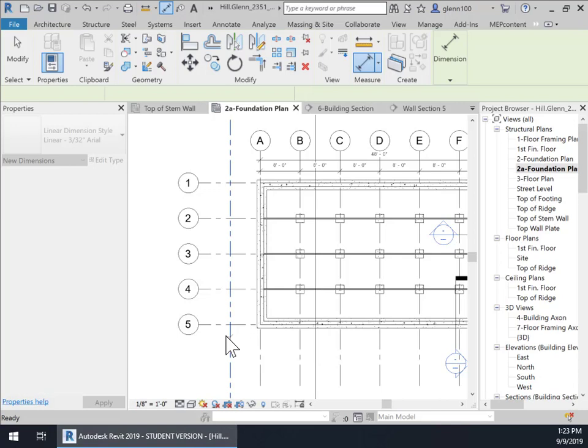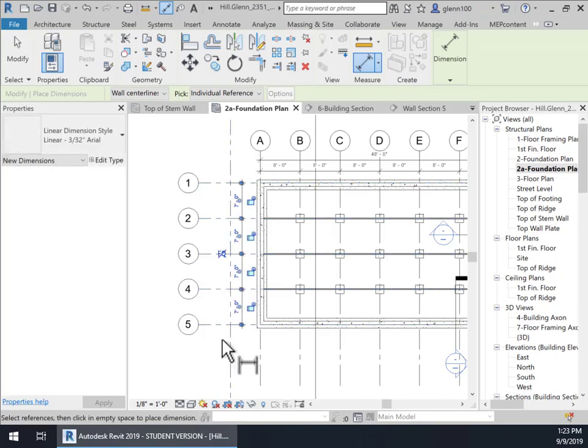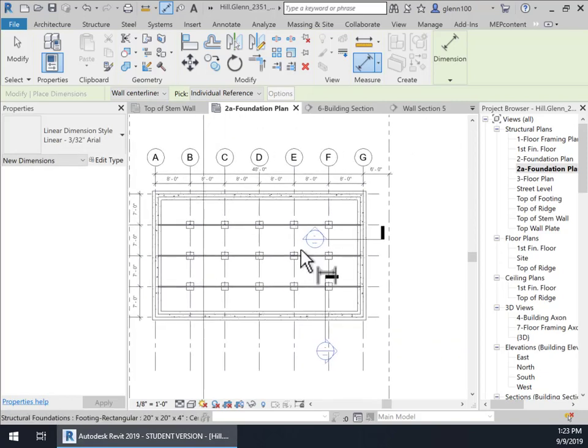Whoops, clicked on the wrong line. I hit escape to get rid of that. So I'm going to click here, here, here, here, and here. That'll give me my 7 feet. And then I'm just going to click out where there's no objects to click to. And then I'm going to click an overall dimension from here to here. Okay. And so now we got the 28 feet, we got the 48 feet there. We've got our grid lines, which is what we're going to need